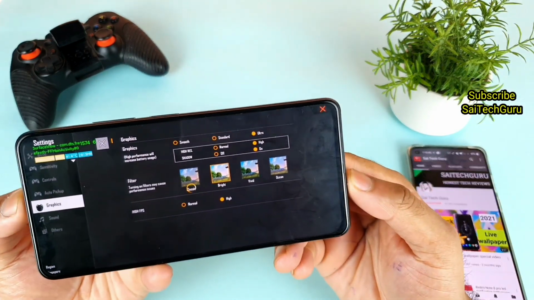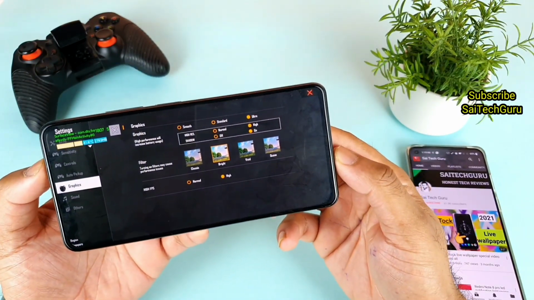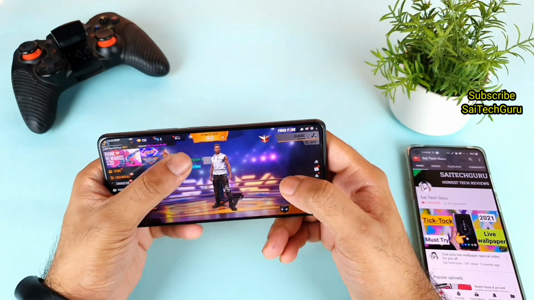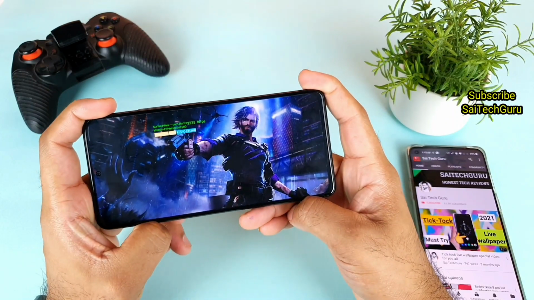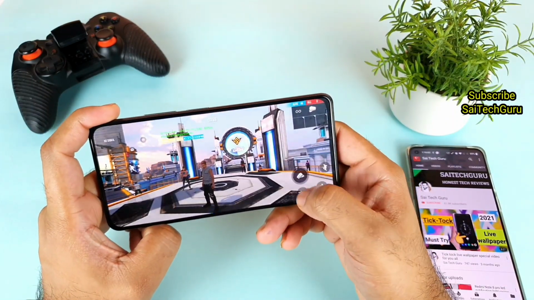These are the settings which I'm using right now in this video, friends, as you can see here. Let's see whether the Free Fire game will be able to play properly or not, and whether there will be any kind of lag issues during this time of gaming. Let's select the maximum settings as well, and as you can see, the brightness is slightly higher.